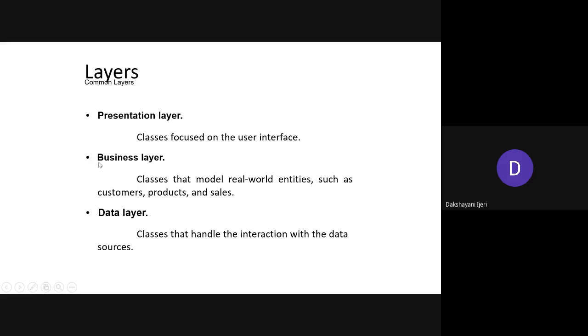Another one is the business layer, where you directly deal with the part of the code that handles customers, products and sales. Suppose you have a web page where you write code to work with customers or to handle products.